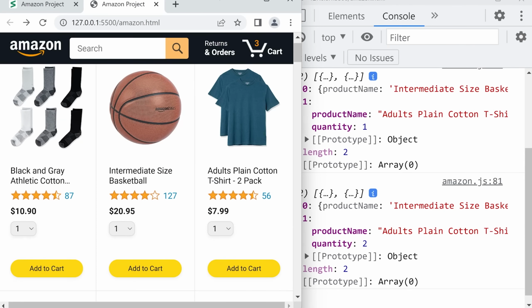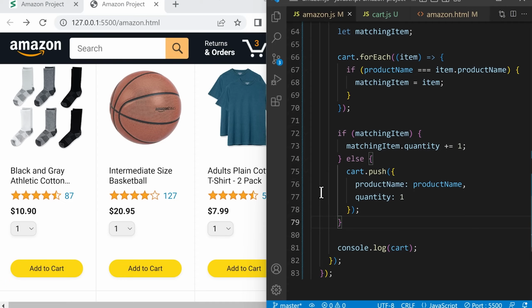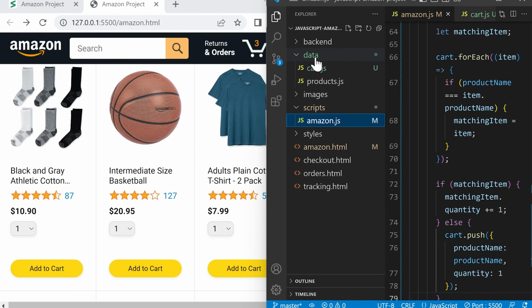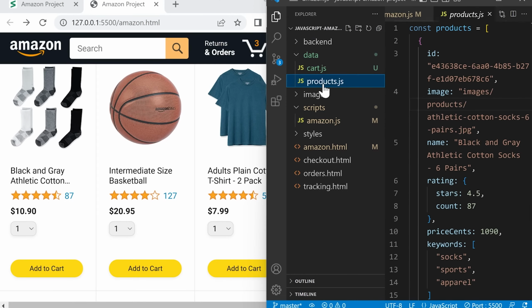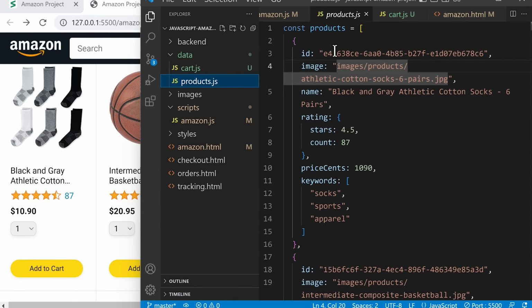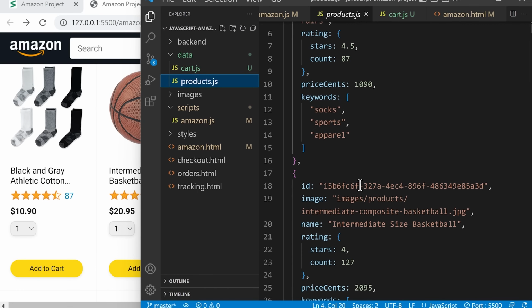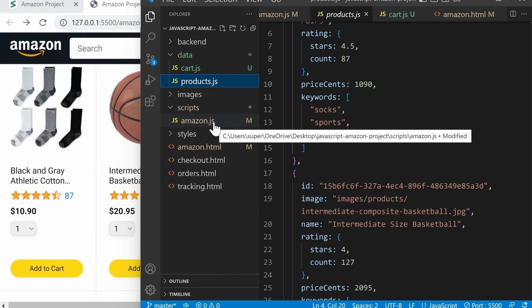So let's use an ID to identify these products instead of using the name. We'll go back to our code, and if we open our files here and go to data.products.js, you'll notice that I've actually added an ID for each of these products, and this ID is unique. So I added it here to save us a bit of work, so we don't have to create the IDs ourselves. So now let's just use this ID in our code. So we'll go back to amazon.js,